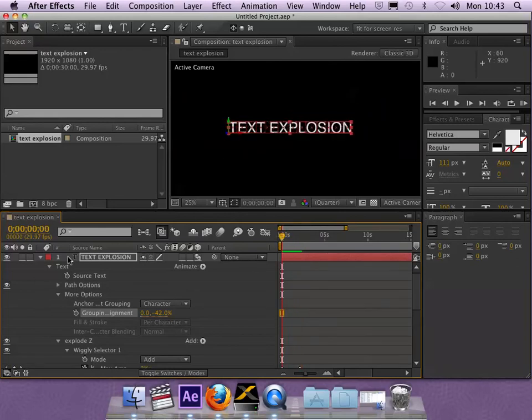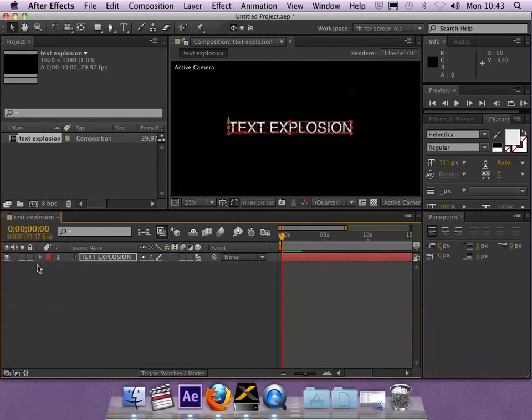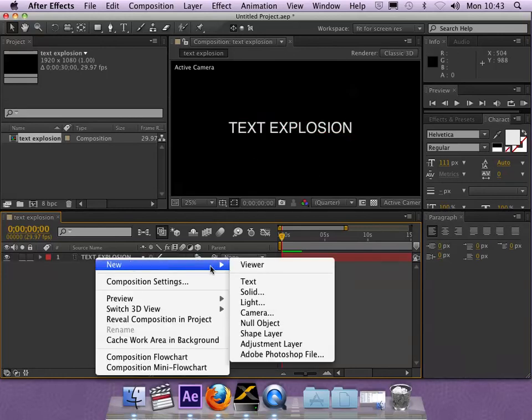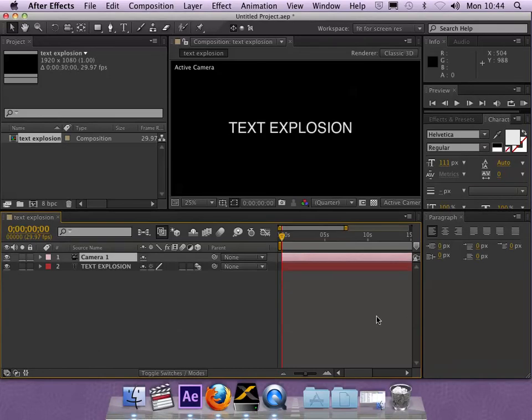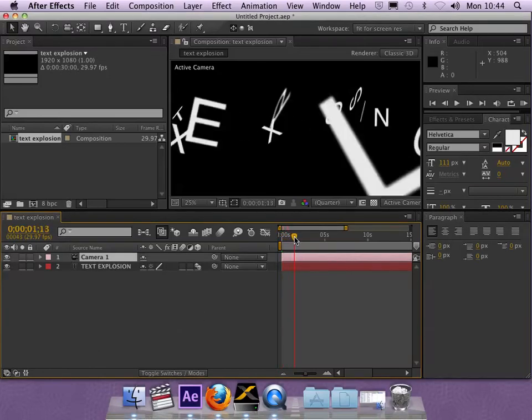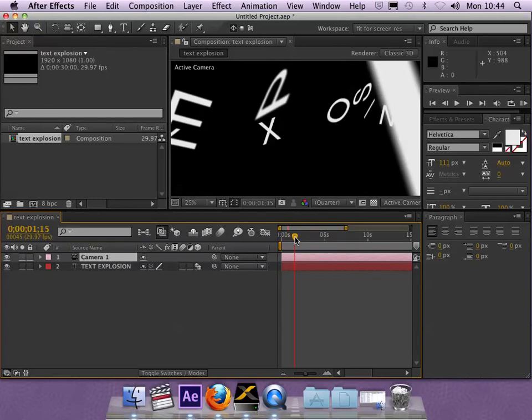Now the last step with this is to create that depth of field. Now the thing to remember is that you're always looking through a camera, granted, but if you want to affect the properties of that camera, lens, iris, shutter speed, all that kind of stuff, you need to create a camera. So I'll create a new camera. I'll enable depth of field and I'll click OK. Now I'll pull the playhead out to where the text is kind of close enough,